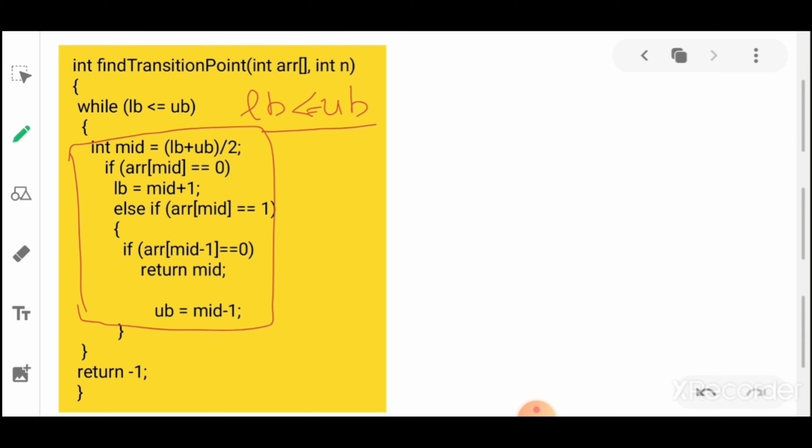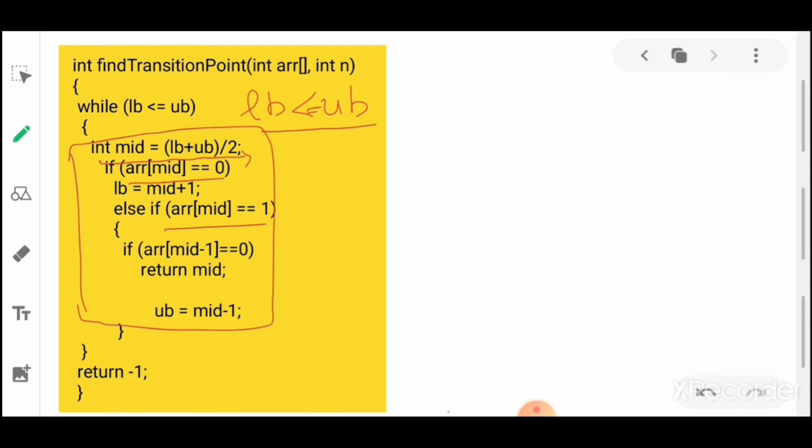After that we'll find our mid index by adding lower bound plus upper bound divided by 2. Once we get our mid, we'll check if our mid is 0 or 1. If it's 0, we'll make our lower bound mid plus 1, and if it's 1, we'll check two conditions that I have discussed earlier.